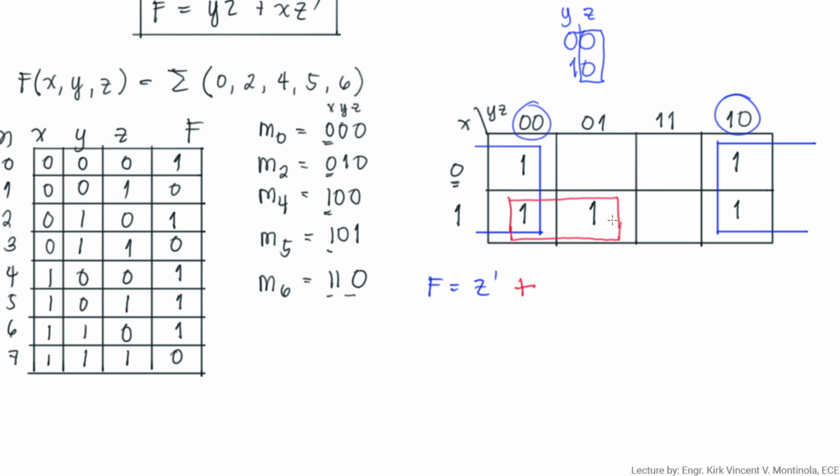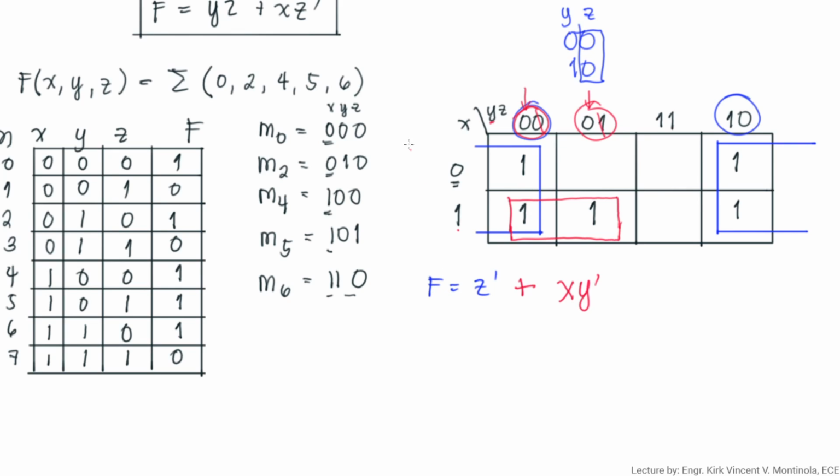Pag groupings natin yan, that is plus, so babasahin natin kung ano yung hindi nag-change. Kung titingnan mo, ang location niya sa input equals X, hindi siya nag-change. Still 1 pa rin siya. Kaya ang sulat natin yan, since hindi siya nag-change at X, 1 pa din yan. Yung row na yan, 1 pa rin. So that's why it's X. Tingnan natin kung nag-change ang kanyang Y at Z. O, dito siya at dito siya. That is 0 0, 0 1. So meaning ito ay hindi nag-change, meaning nag-change yan. Meaning ang constant ay 0. So, sinong location na yan? That is si Y variable. Di ba? Ang combination niyan, YZ. That's why, ang sulat ninyo ay Y not.